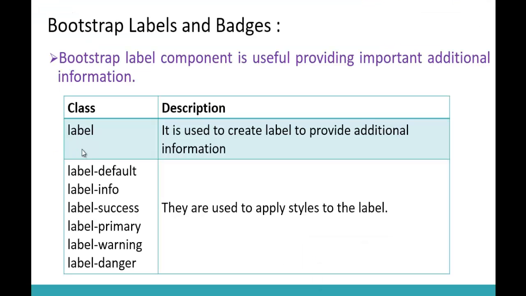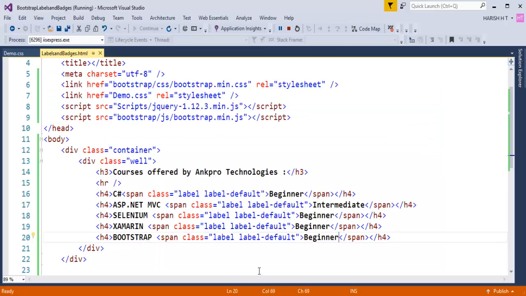of this class label. And also currently we have made use of this label default. Let me show you the usage of other things also, that is info, success, primary, warning, and danger. What it is going to do is provide the styles based on the respective classes. So let me remove the default. Let me say success, and this is info,